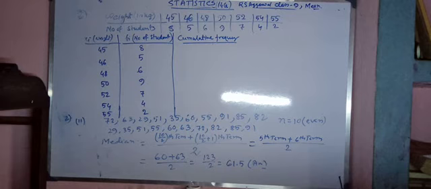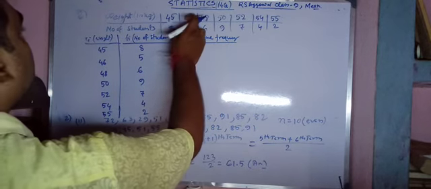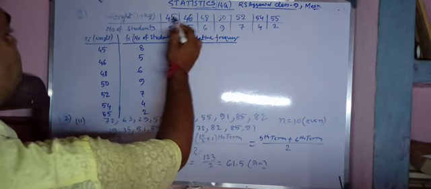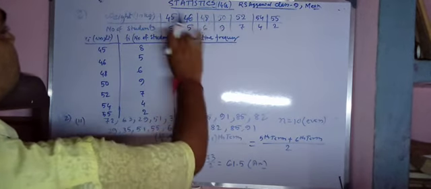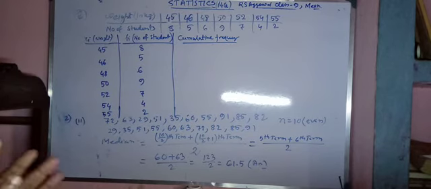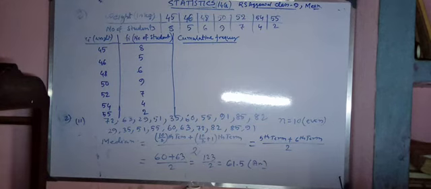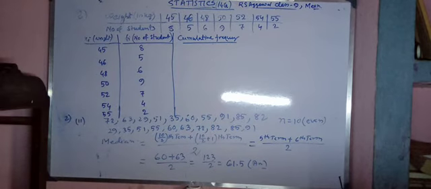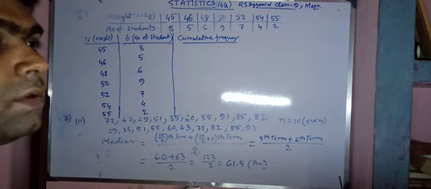Understand that? Now if the data is not given in ascending order, suppose 48 is related to 6 over here, 52 and 7 over here, and it is given haphazardly. So for finding the median, our first target should be to arrange the data in either ascending or descending order. Then we can find the right way to solve for the median.